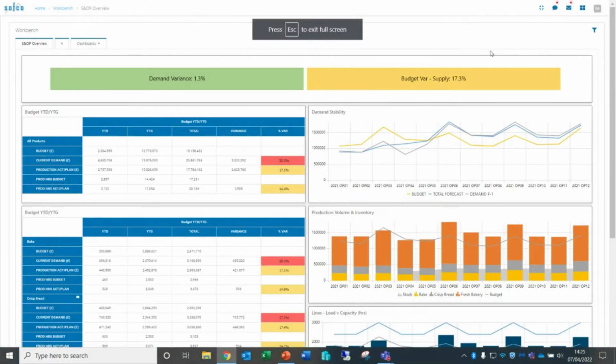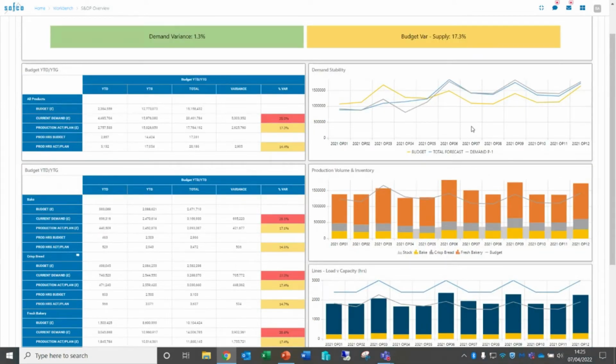I'll not go through this as much as I did with the demand planning. As you can see, the feel is very similar. We've got cards, tables and charts. At the top, I've got the summary year to date, year to go. But this time we've got the budget and how it is against the demand, but also we've got our production actual plan and our production hours budget